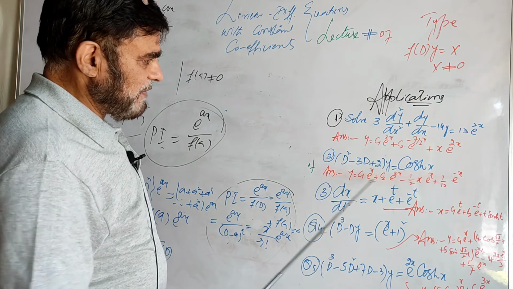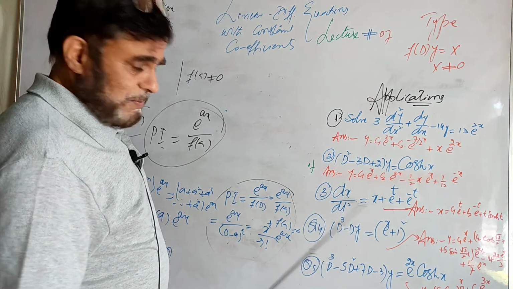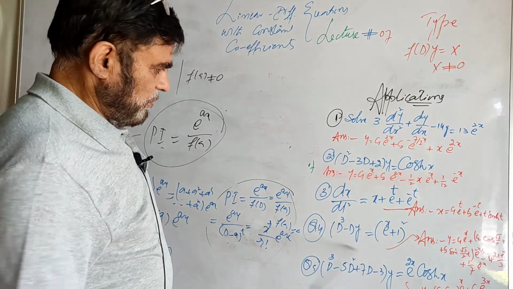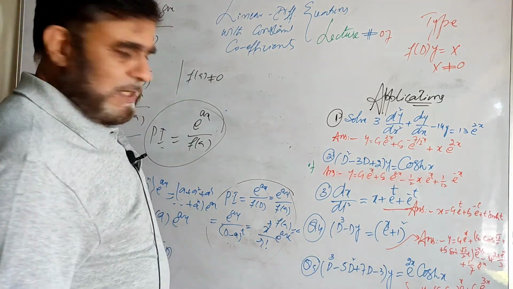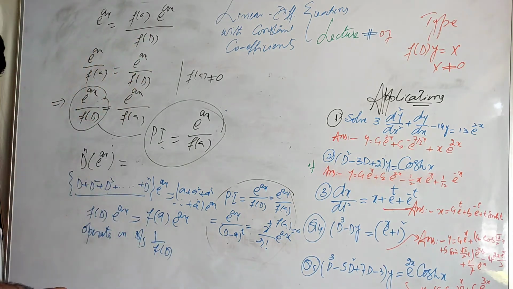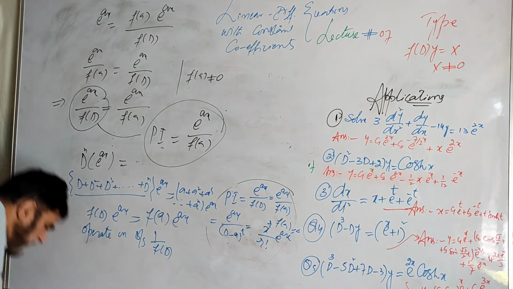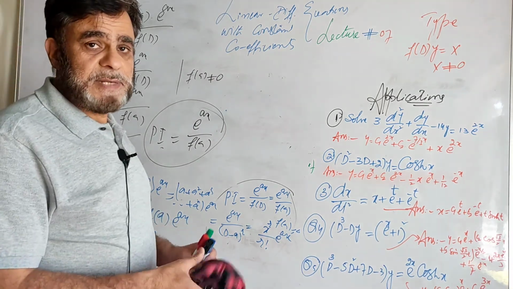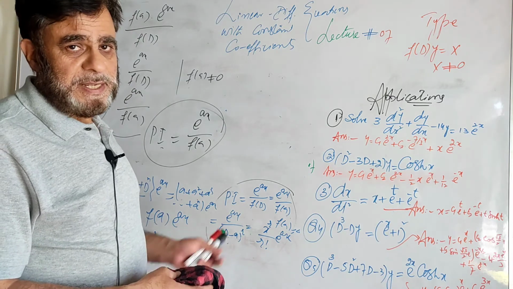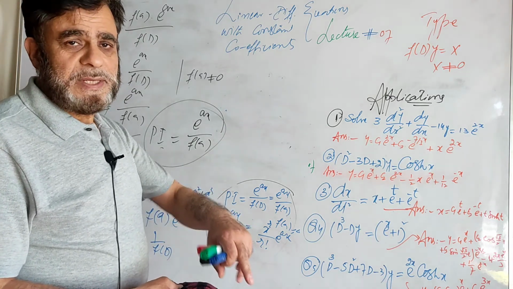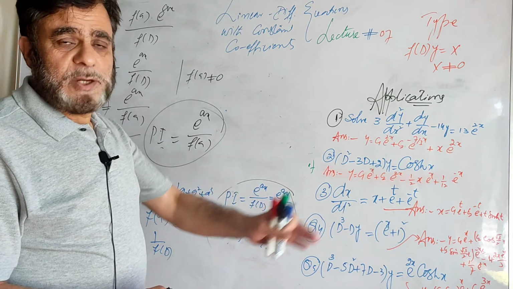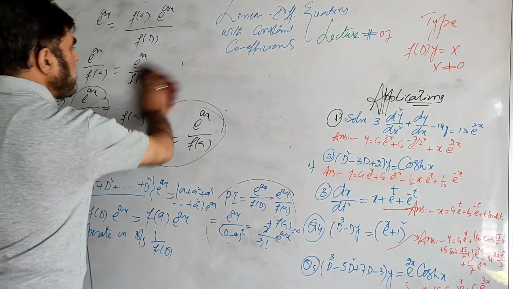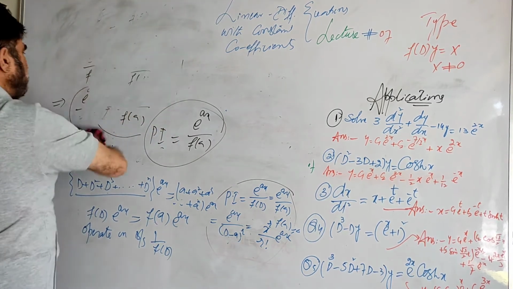Problem 2, it is answer. Why have I written the answers? Because I have taken the questions from different books, so it may be difficult for you to search for the answers. And question 4, its answer is this and this. Let us solve this together, so that you will come to know how we do these questions when the right side is not 0, but is an exponential function. The next rule we will go to is rule number 2, when the right side is a trigonometric function, sine or cos. Similarly, then you will have algebraic.